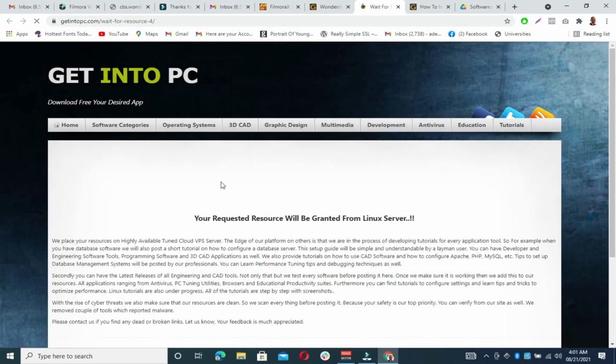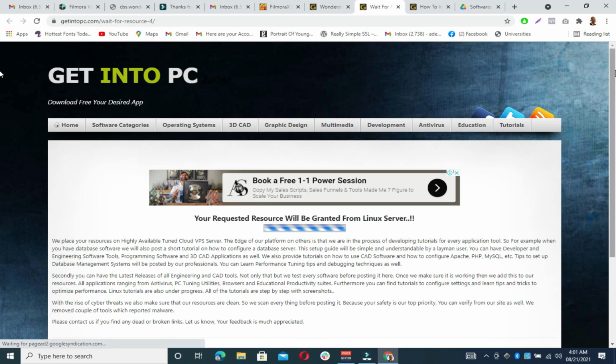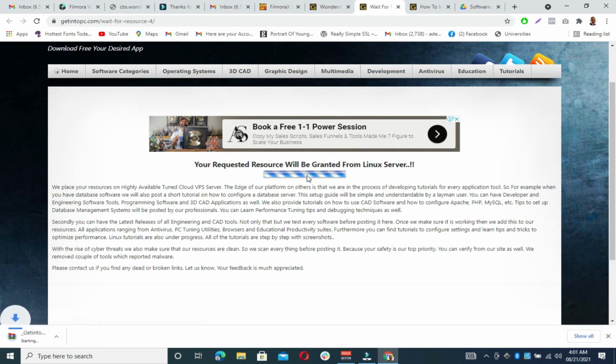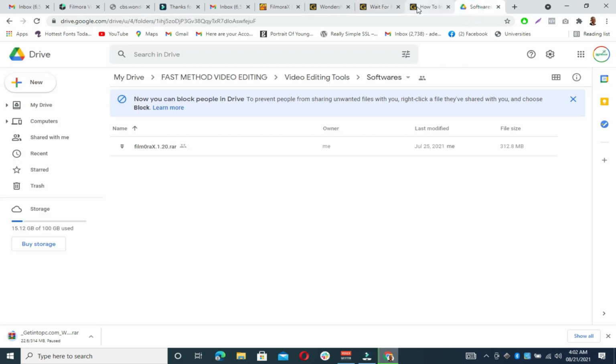download and it will take you to another page. From this page, you can now click on download, and it will begin downloading, or automatically it will start downloading. As you can see, it's already downloading, but I've downloaded this before, so I don't need to do that. Now the third way to download the tool called Filmora is the link that you'll find